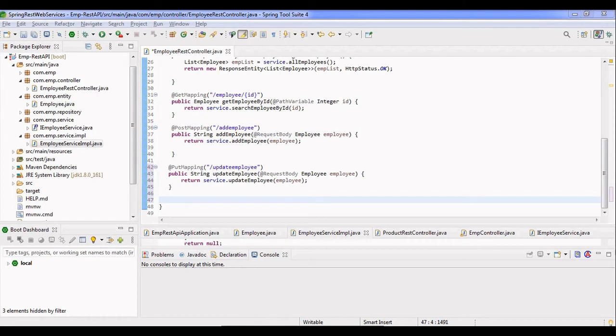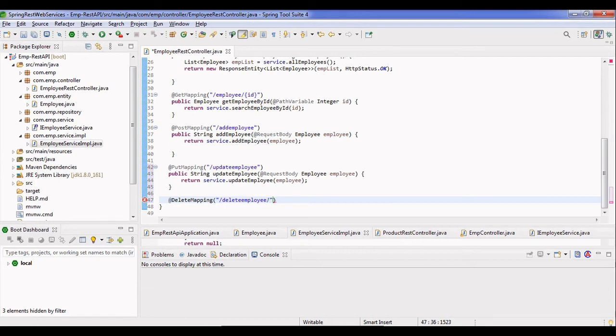Now let's move on to the next endpoint for deleting the employee. In that case, the HTTP method type is delete, so we have the annotation @DeleteMapping, and the value is /deleteEmployee.